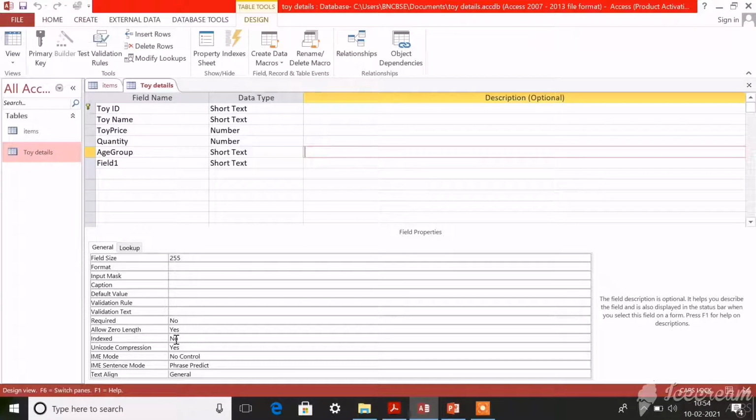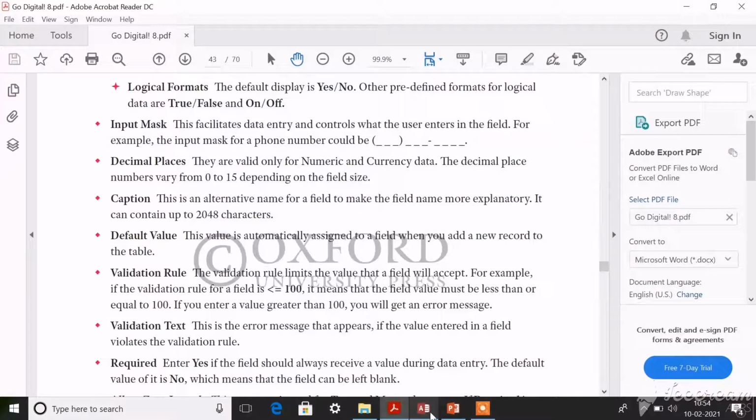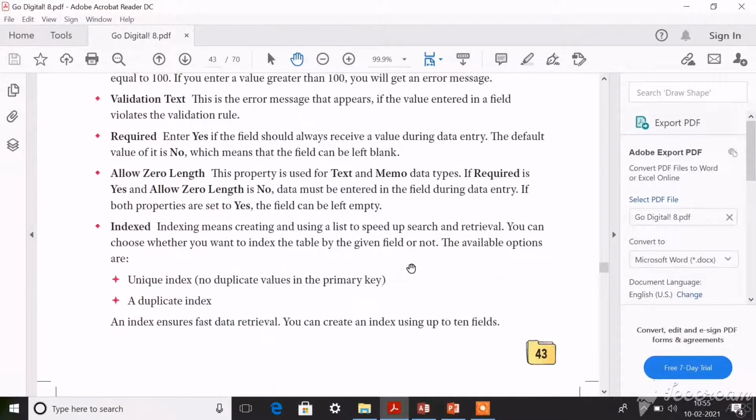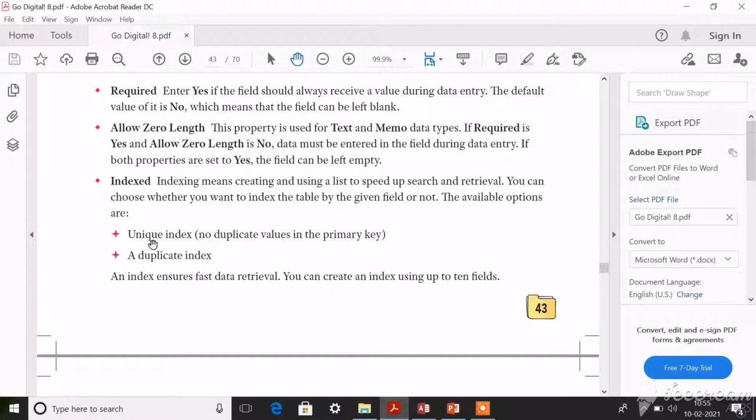You also have two more options available under this index, called unique index and duplicate index. Unique index means there are no duplicate values in the primary key.